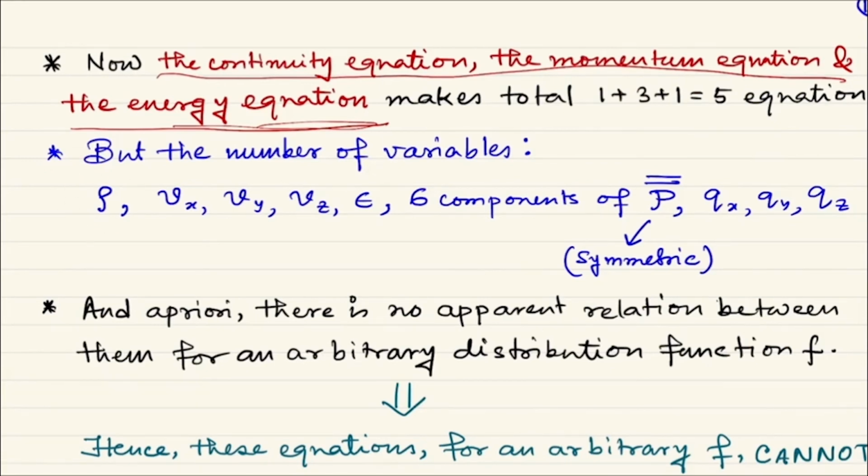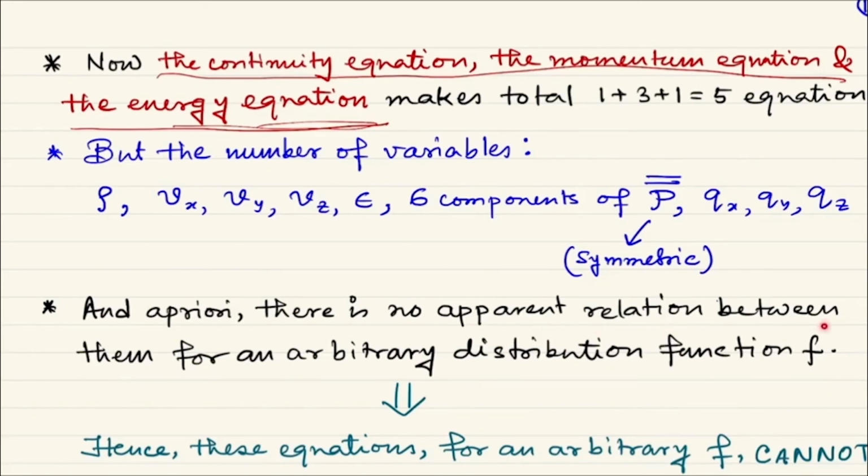You have rho, you have Vx, Vy, Vz, epsilon, and 6 components of P. Why 6 components? Because this is a symmetric matrix. In a symmetric matrix, you have 3 diagonal components which can be different and 3 off-diagonal components which can be different. So that is 6 unknown components of the pressure tensor. Then Qx, Qy, Qz, the 3 components of the heat flux vector. So in total 6, 3, 9, 10, 14. 5 equations, 14 unknowns. So no way of,